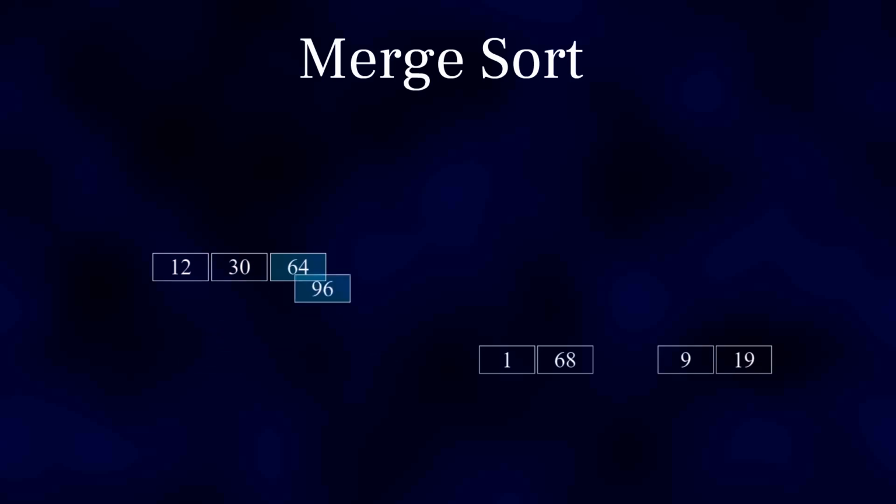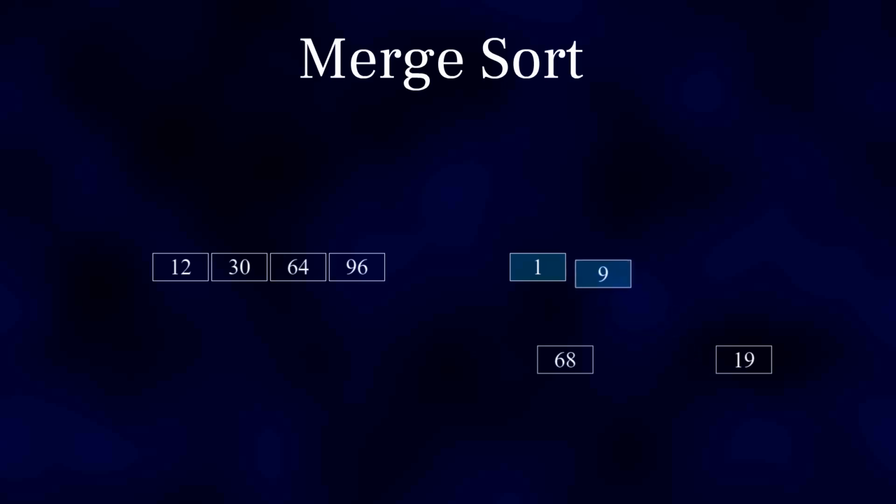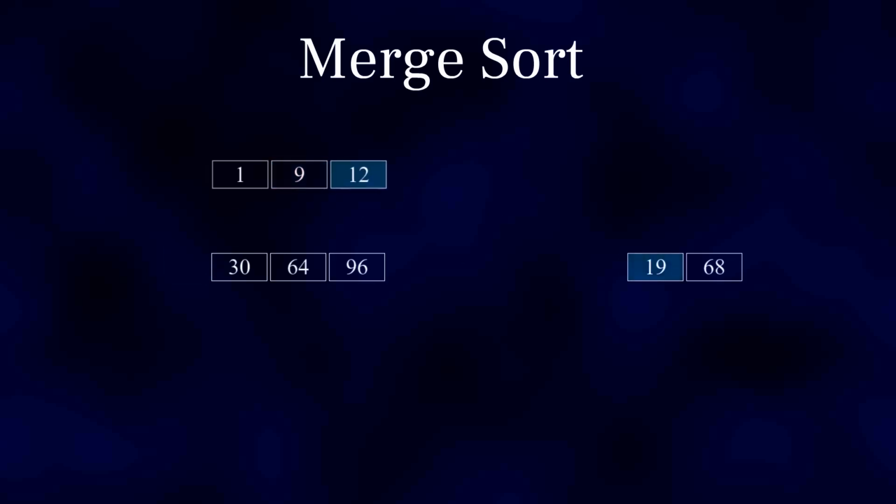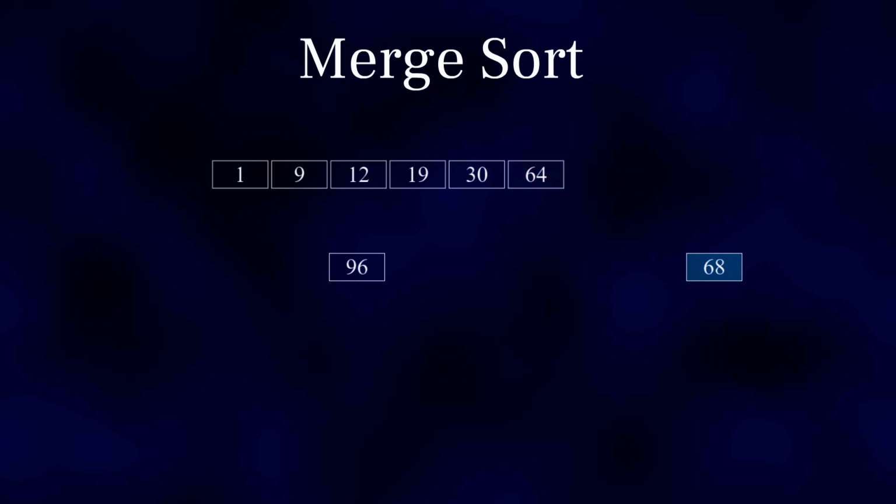This involves repeatedly merging 2 sorted arrays into one larger sorted array. During each merge, values from both arrays are compared, and the smallest value is placed into the resulting array first, followed by the next smallest, and so on. Only one pass is required to merge each pair of arrays, because the arrays were already sorted during earlier stages. This merging process is repeated until we have a single array containing all the original values, now sorted from smallest